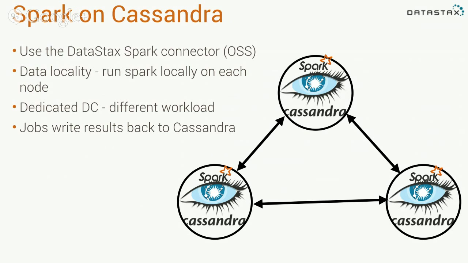And the Spark worker will be talking to the local Cassandra node, and it's going to take advantage of data locality, which is nice. It's only going to get the data that's on this node. So it's not like you're doing some crazy query and everything's being sent all over the place. It's a lot more efficient network-wise than that naive approach.